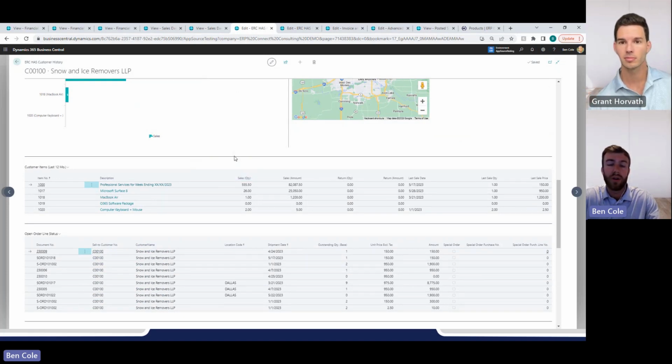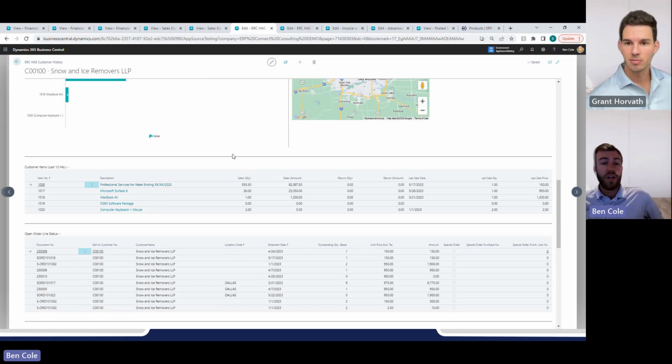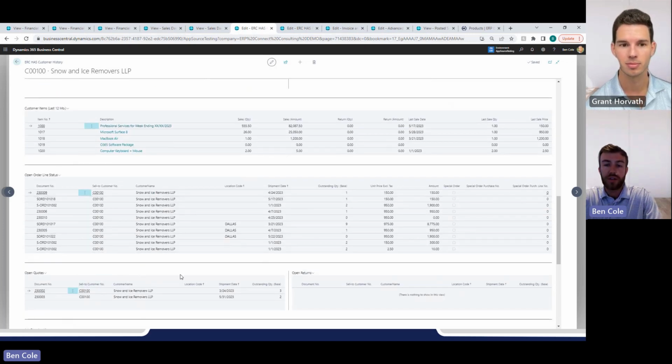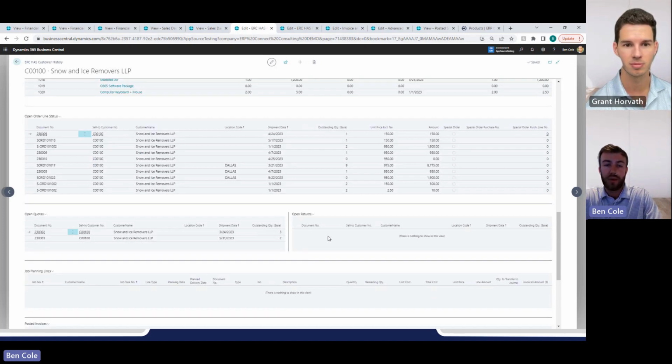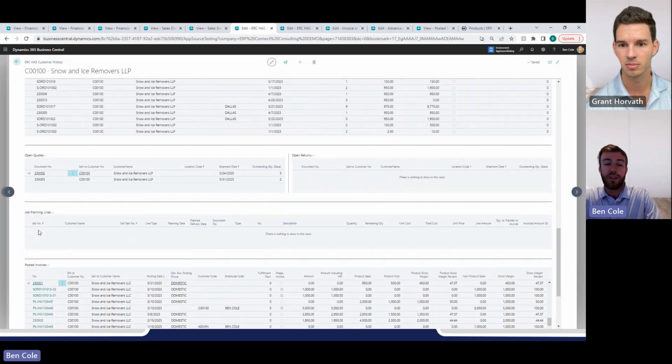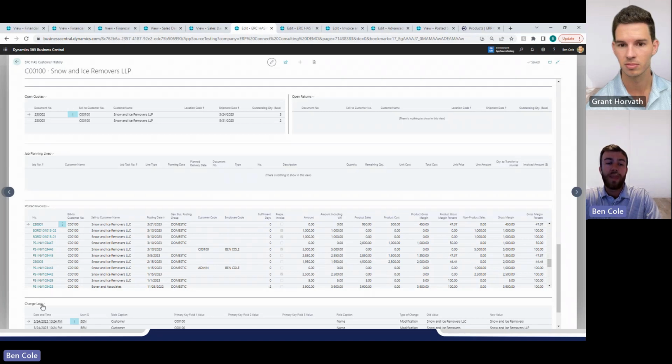Again, a great tool for either your reps, your salespeople, internal CSMs to take a look at maybe when they're calling them up to either upsell them or make sure that they're talking about the relevant items for that customer. Any open orders for this customer, you can click directly into those. Quotes and returns also that are open. If they're using jobs, it'll show the job planning lines, every posted invoice for this customer, and then the change